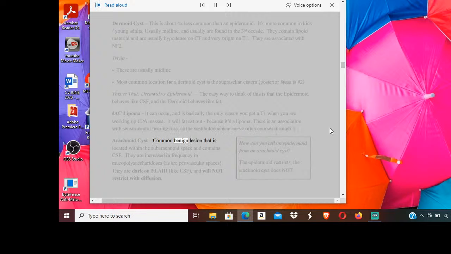Arachnoid cyst, common benign lesion that is located within the subarachnoid space and contains CSF. They are increased in frequency in mucopolysaccharidosis, as are perivascular spaces. They are dark on FLAIR, like CSF, and will not restrict with diffusion. How can you tell an epidermoid from an